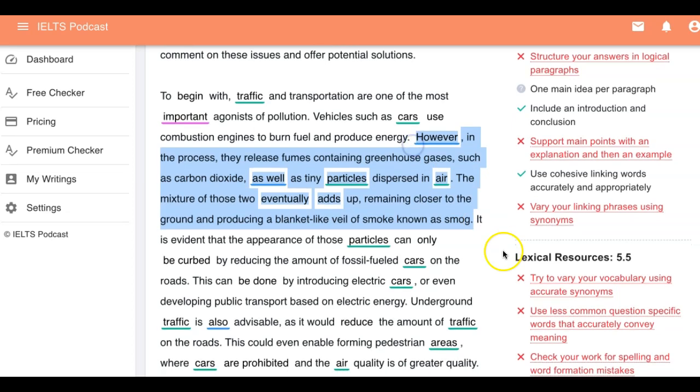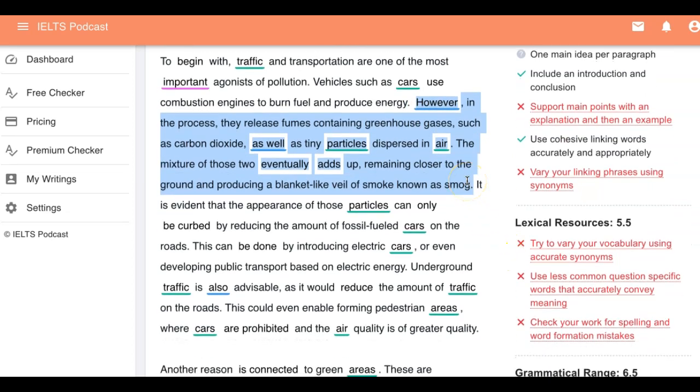Now here is a great opportunity to put in an example that really brings home our point. In this case, we need an example. Now, how do we give an example? In this case, we could say something like, for example,